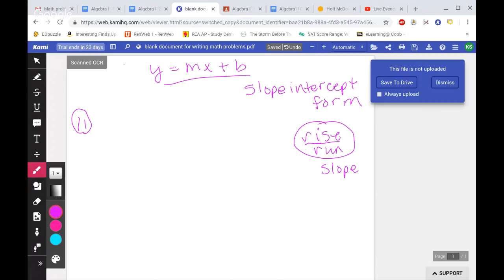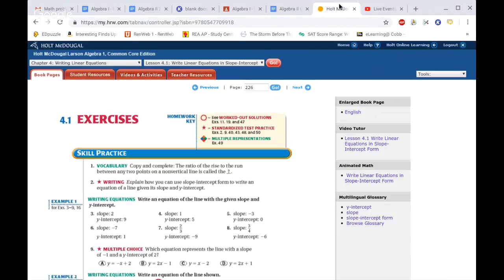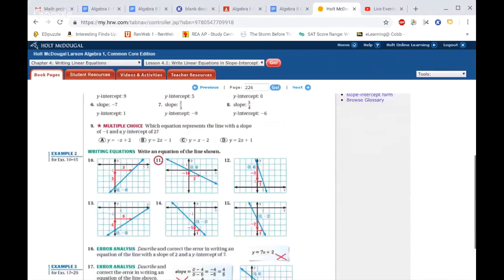And what letter do we use to represent slope? Is it M? Yes. So rise over run, slope, M. Change in Y over change in X. So number 11,